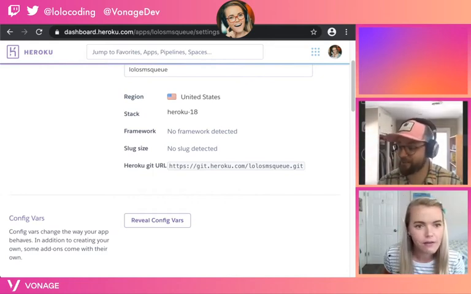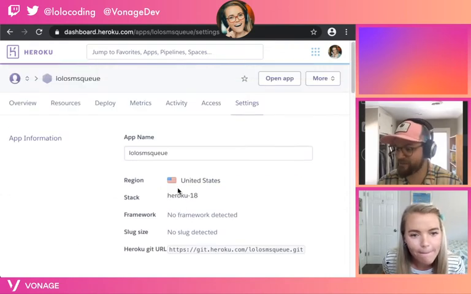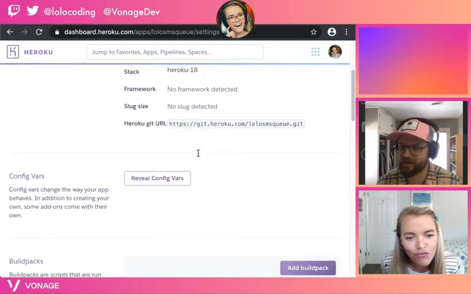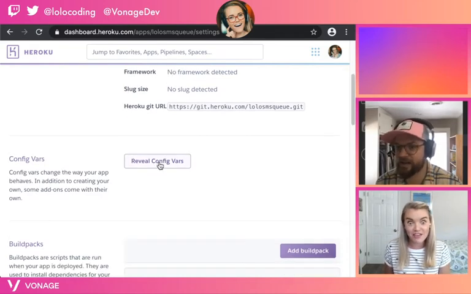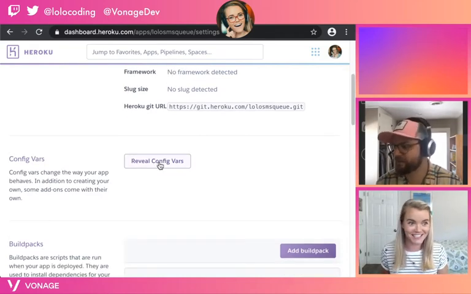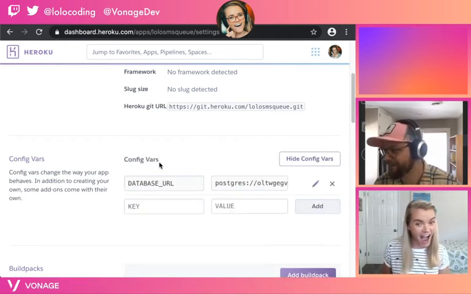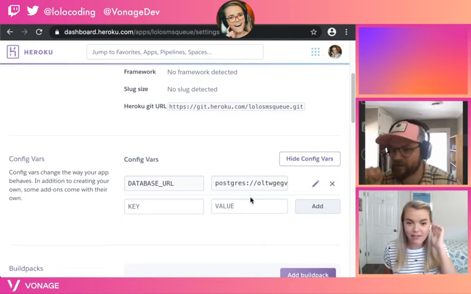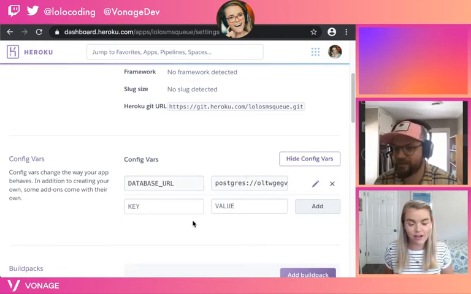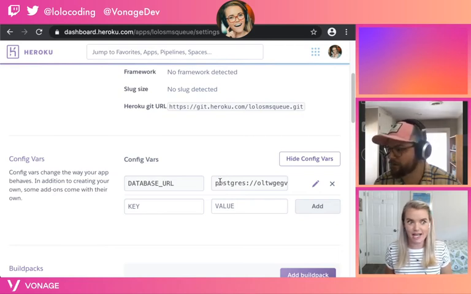There should be a database URL in the config vars section. Reveal config. Is that in that part of the settings? Yes, I'm in the reveal config vars section. Yeah, you can reveal that one. All right, I did. It won't show the full thing. I have the database URL as the key and the value of the Postgres one. Okay. Cool. So now,